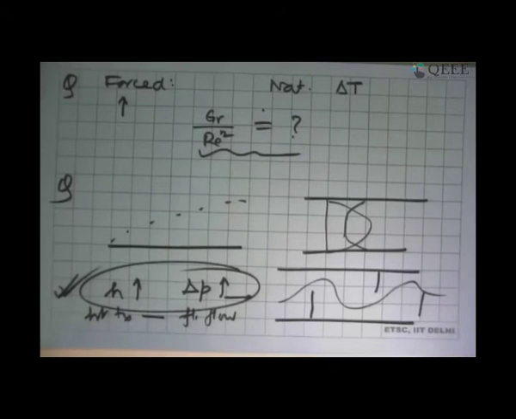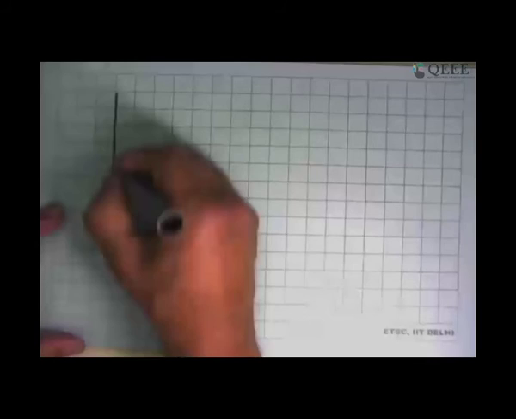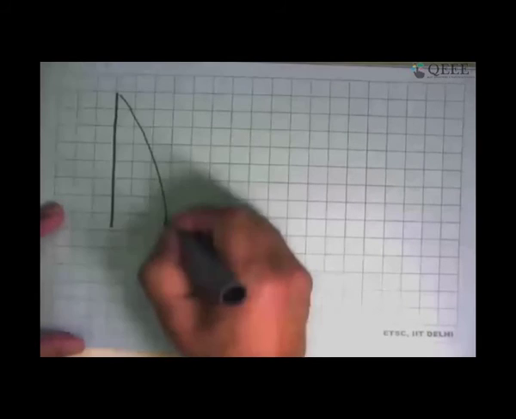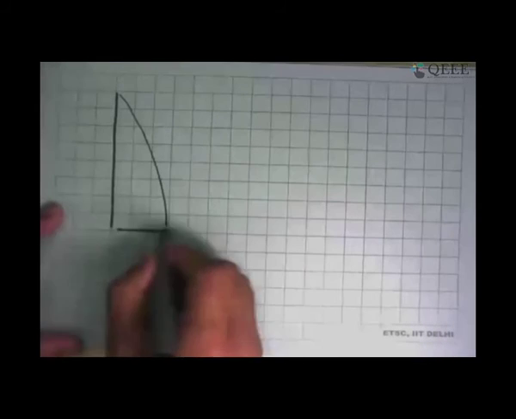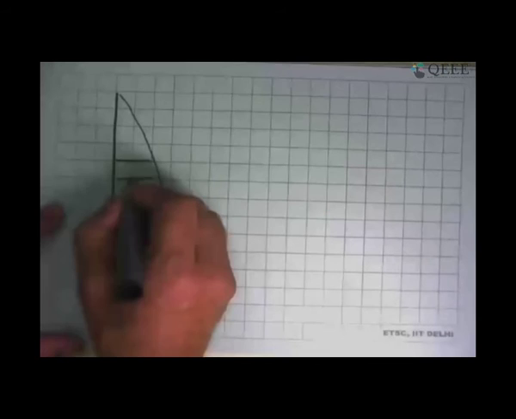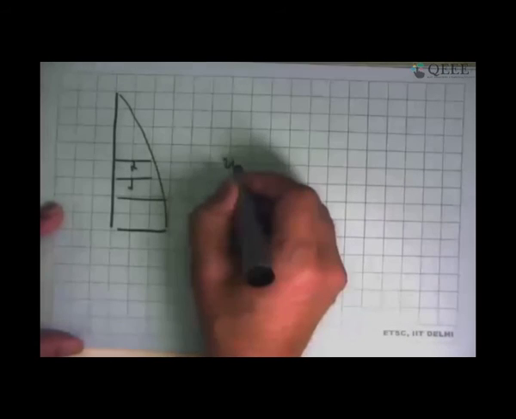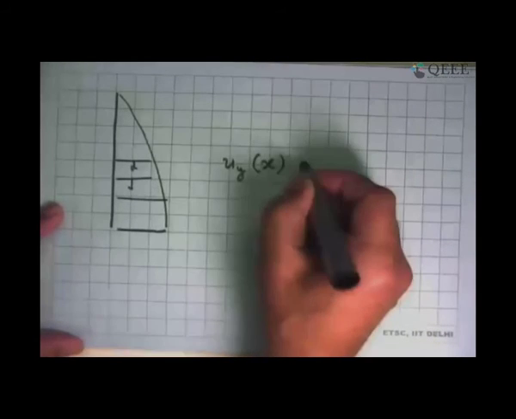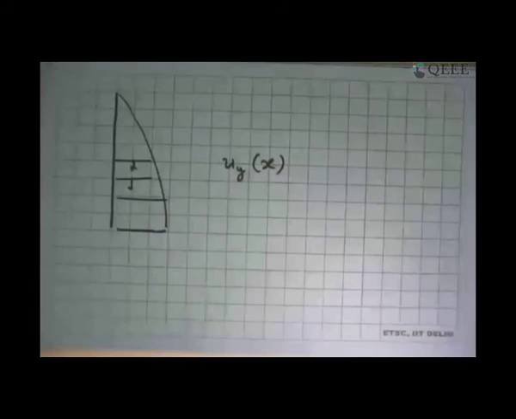And then in case of film formation, why does velocity decrease with increment in thickness of the boundary layer? Okay, so this is a question as to why. What we are seeing here is that as the film thickness increases, what happens to the average velocity at this point? That means u_y, how is it as a function of x? So I think the formula that we had put up here, I'll just put that formula.